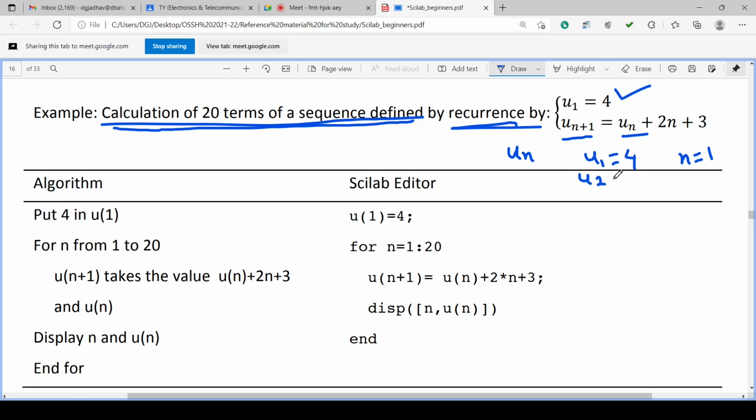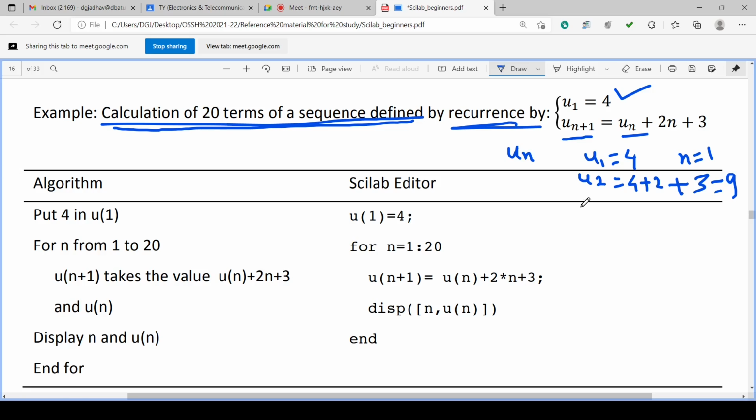So u2 will be un, the current value 4, plus 2n, 2 into 1 is 2, plus 3. How much is it? 4 plus 2 is 6, and 3, 9.